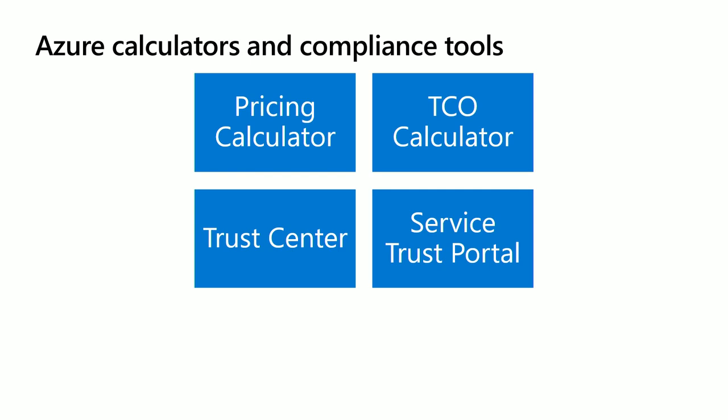And what they are, as I said, pricing calculator allows you to tap into the Azure pricing application programming interfaces and generate price quotes. TCO is total cost of ownership. That's for businesses that are wondering how much money they can save by migrating to Azure. What you do in TCO calculator is specify, it can take hours if you really want to get into it, and outline your current environment, and then you'll get an estimation from Microsoft of how much that'll cost to migrate into Azure.